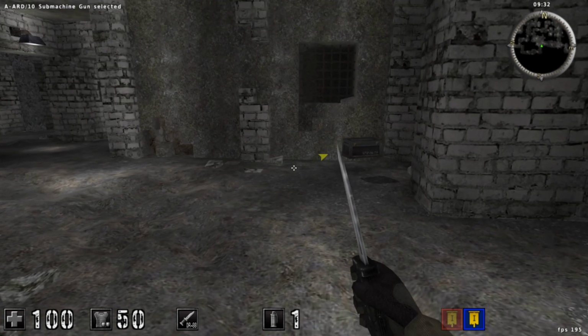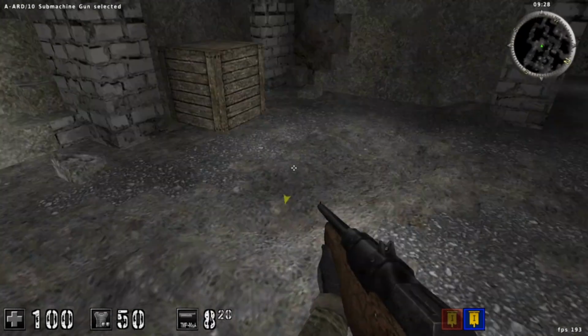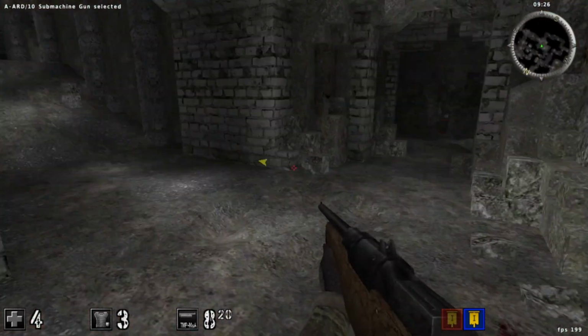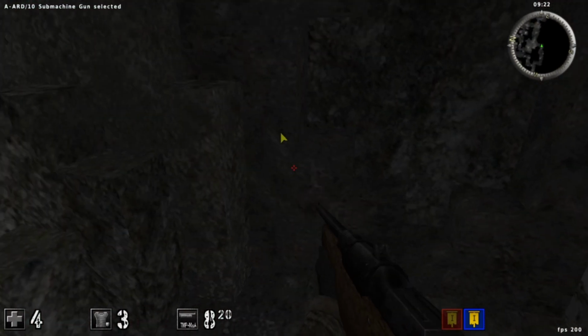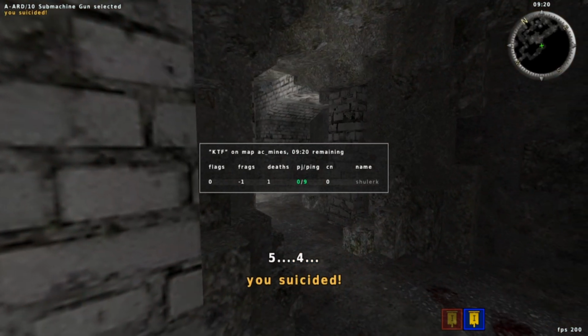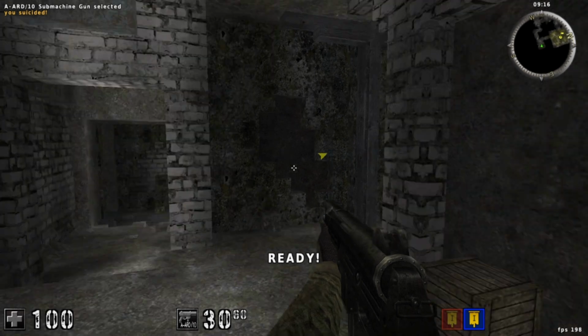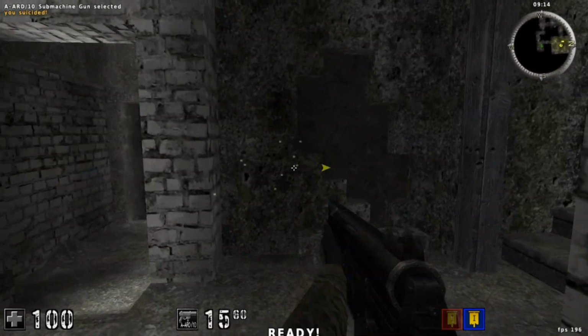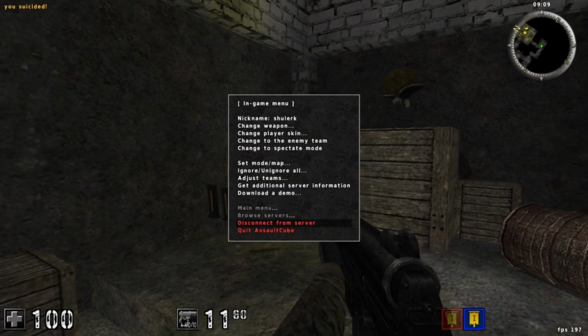So I'm going to choose the SMG and, since nobody else is with me, I gotta reset my character, which is the only way I know as of right now. And when I respawn, I have the SMG now, and as we can see, it works really well, runs pretty well, and